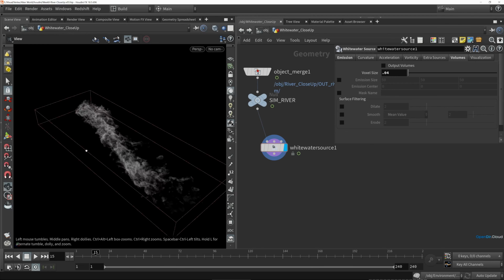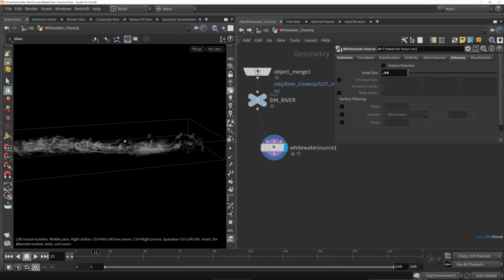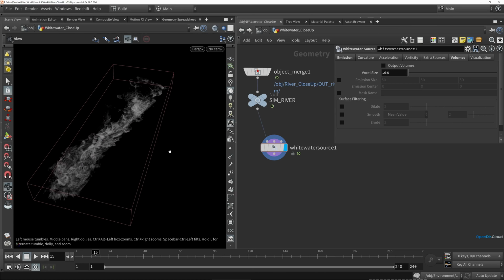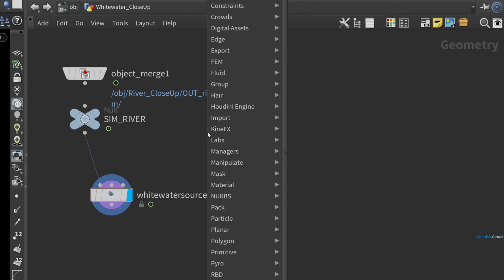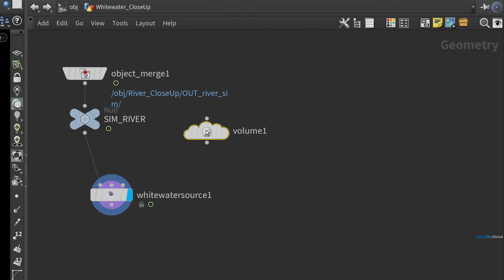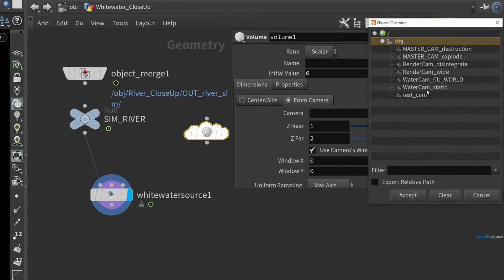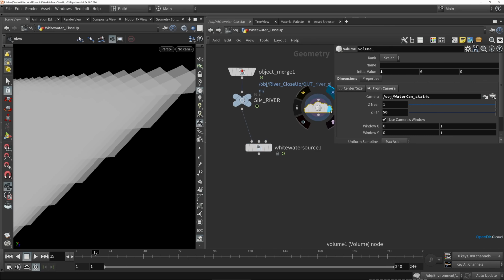Anytime we're running high-res sims, it's always good to add in as much optimization as possible, so you're not wasting computer resources on the areas you don't see. So let's create a mask volume to turn off our whitewater emission in some areas. I'll drop in a volume SOP, and on the From Camera tab, let's point this to our static SimSpace version of the camera. Set the initial value to 1, the Z far to 50,